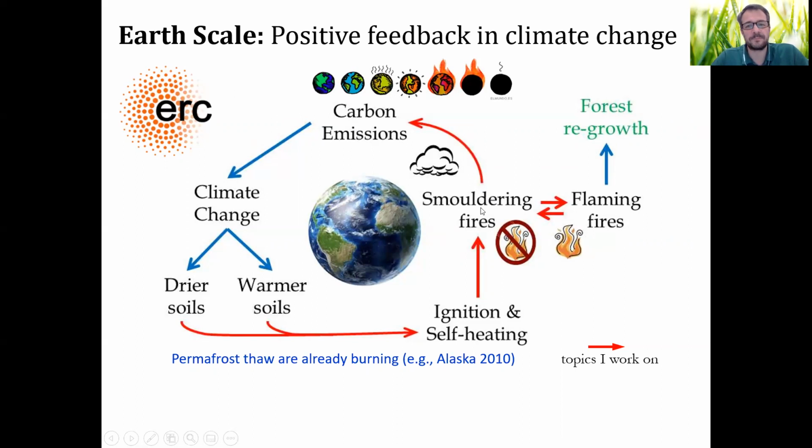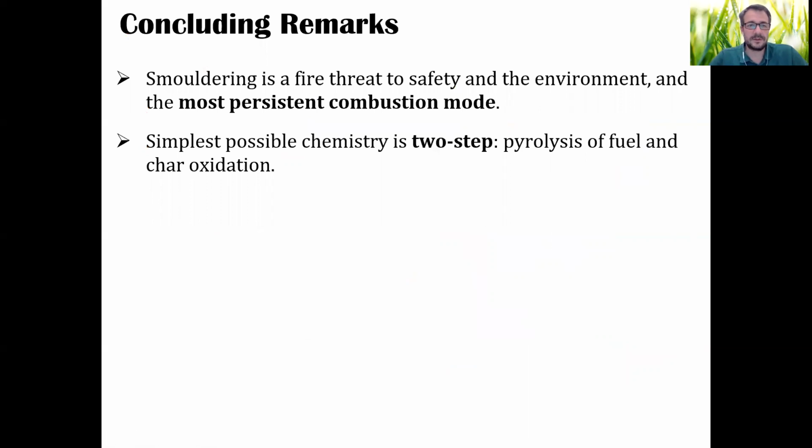Forests, we can grow them. Smoldering fires will transition to flaming, and flaming will transition to smoldering. But when a flame is burning biomass, it's mostly burning young trees and biomass that can grow relatively fast. If we grow that forest again, we disturb this mechanism and it doesn't become a net emission, if we grow the forest within 5 years, 10 years. The smoldering one, then, creates a feedback mechanism where more smoldering fires will produce more carbon emissions, which will lead to more smoldering fires.